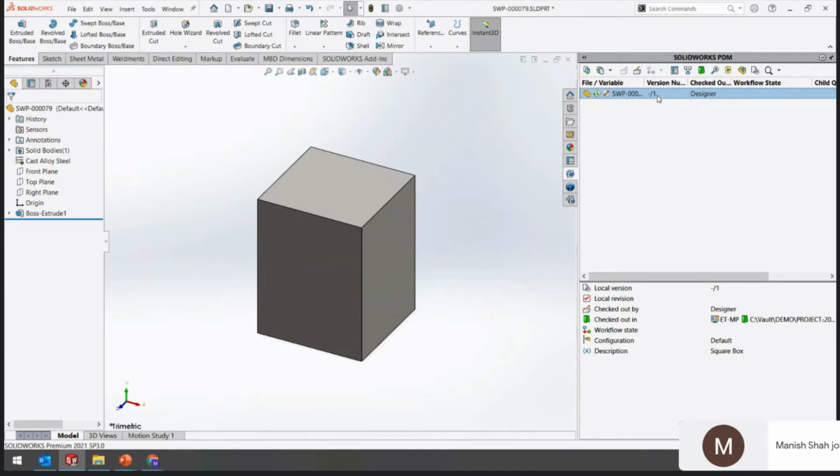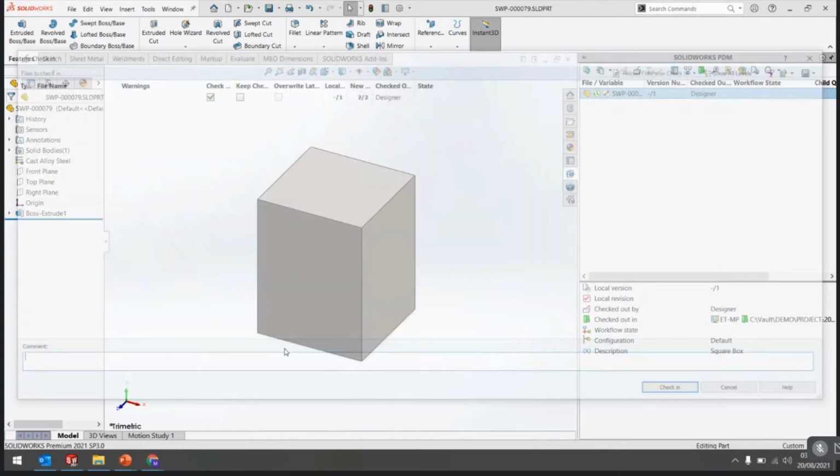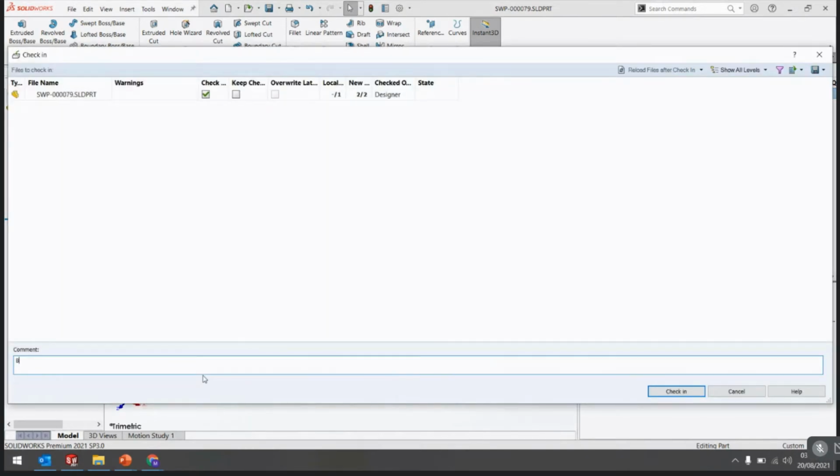PDM creates one version for its reference, so that SQL maintains that a new file is created, right? And after that, the second version, it remembers all our history, right? So here I am checking in this file, right? And entering the comment, and the check-in is done, right?